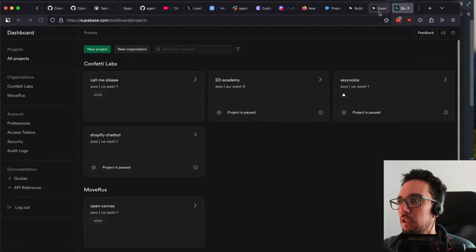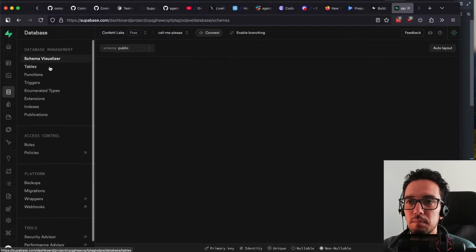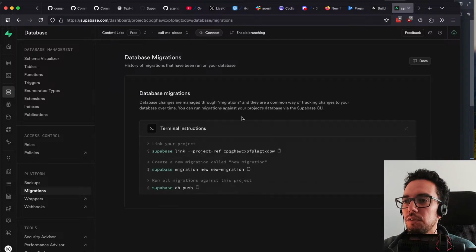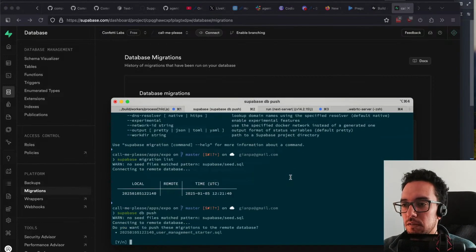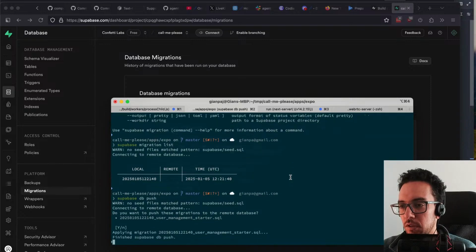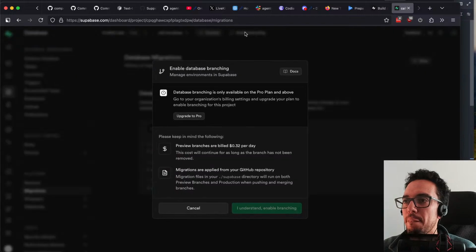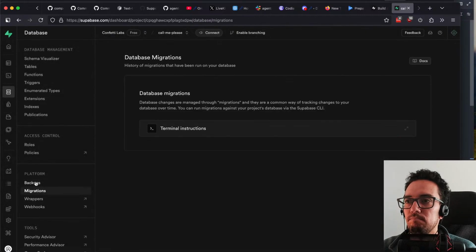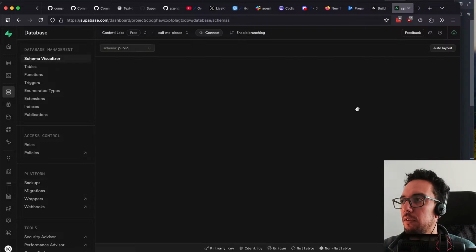You have that option. It's not everything in the cloud, but in terms of database migrations, terminal instructions, you do push to run all migrations against this project. You want to run that one, yeah, finish database push. So I guess it should have